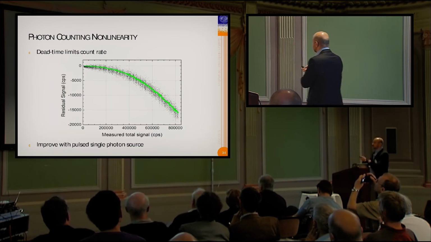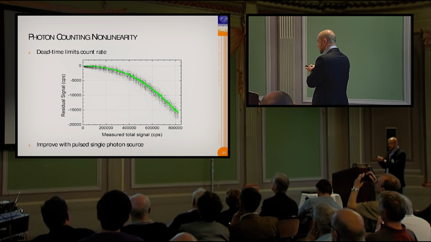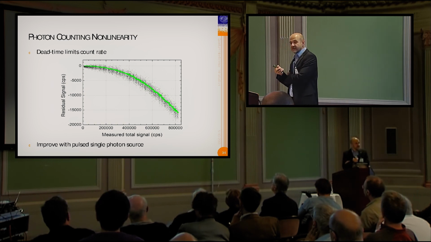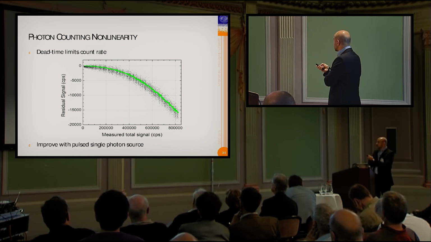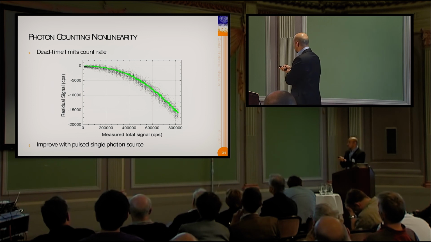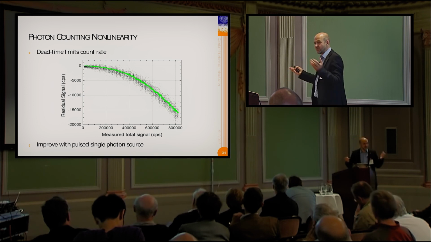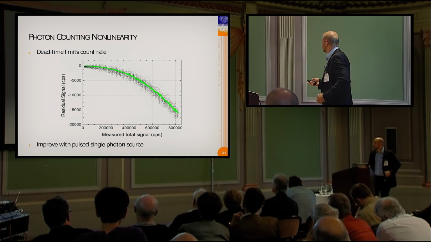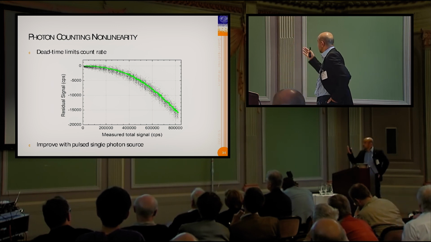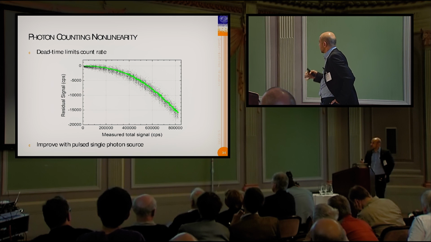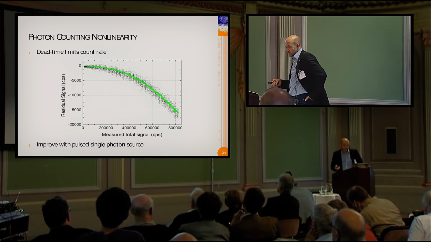We can also look at avalanche photodiodes. These are much more nonlinear because they have a dead time. They detect the photon, and then they're blind for a little while, so I can't detect another photon, and that means that for high count rates, it just saturates. At some point it will always be on. I will not get new pulses anymore. This could be improved if we had a proper single photon source in this experiment. We have one, but it's a continuous wave one, which doesn't eliminate the effect completely. So we're still working on that.